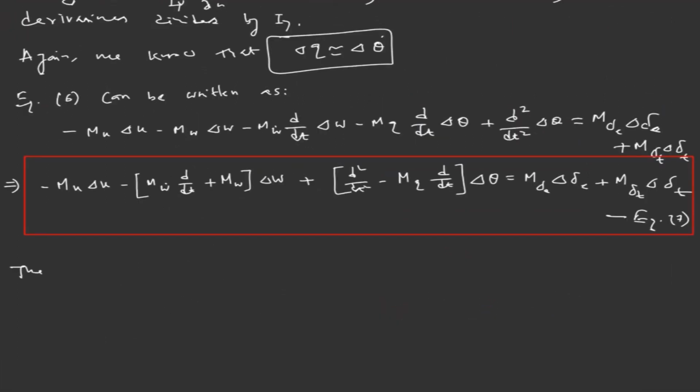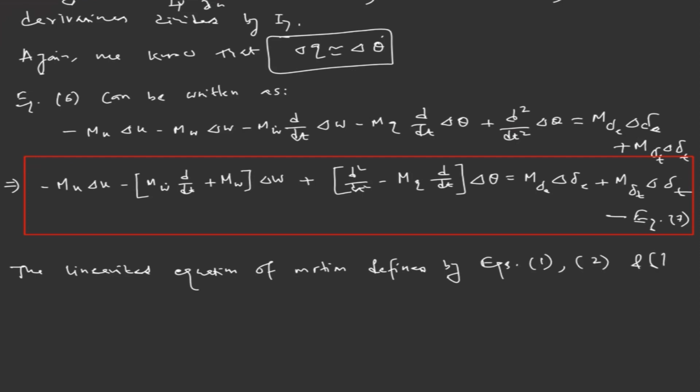The longitudinal linearized equations of motion defined by equations 1, 2, and 7